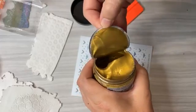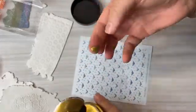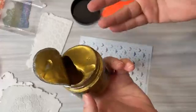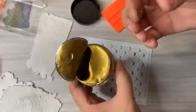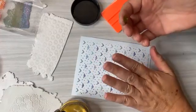So I am gonna, let's see. Okay, I thought this might be like a texture paste. So this is Folk Art Design Cream. And so far, I mean, it's nice. Seems nice. It's kind of a thicker paint. And now we have to see if it's going to be compatible,